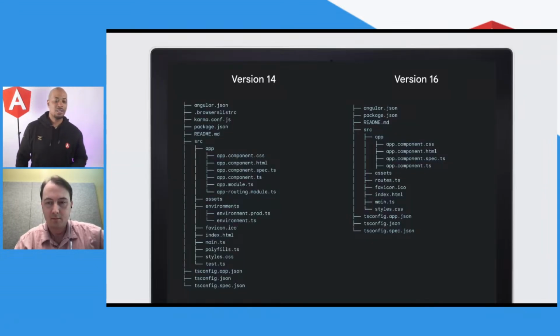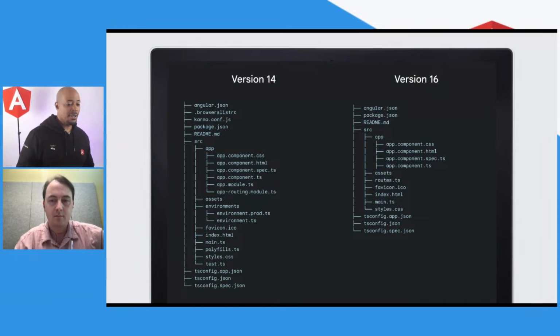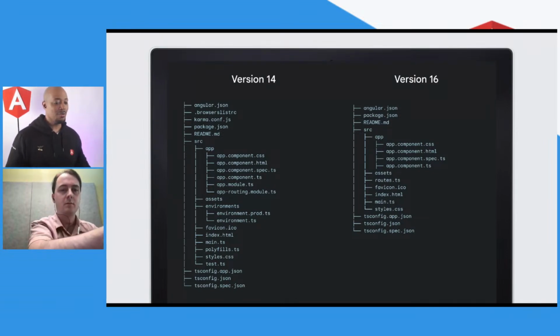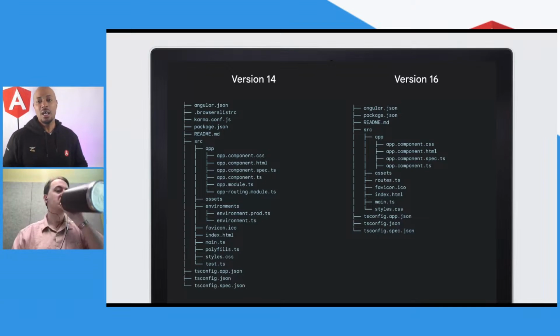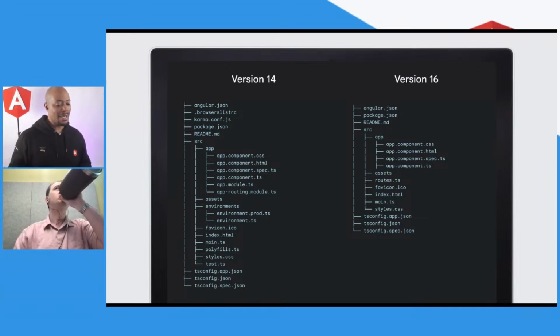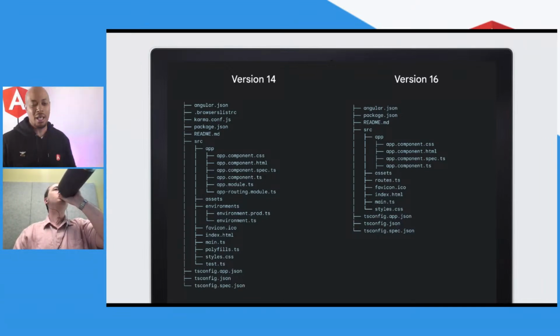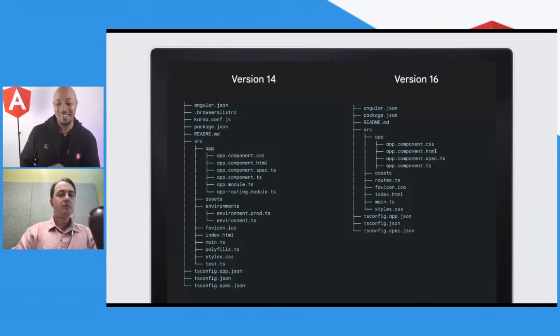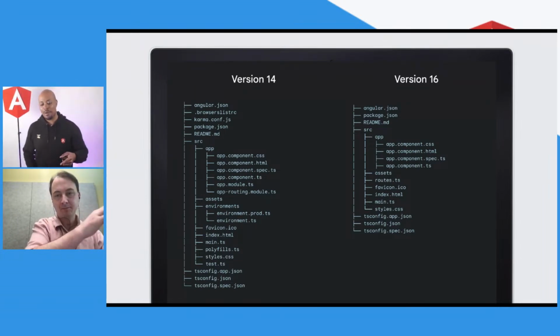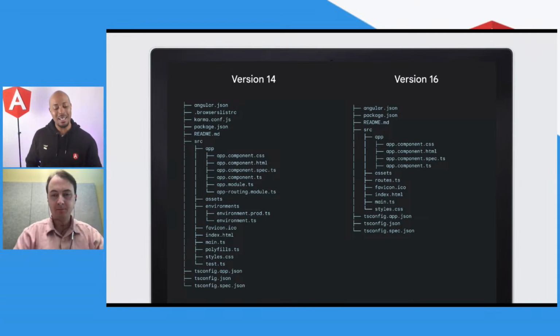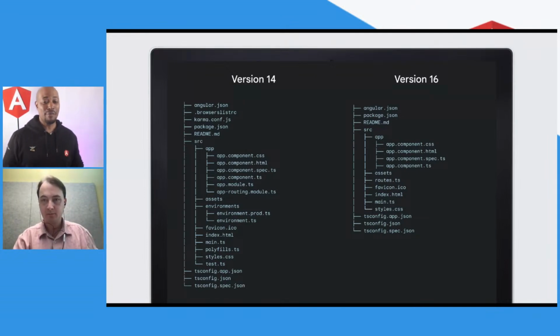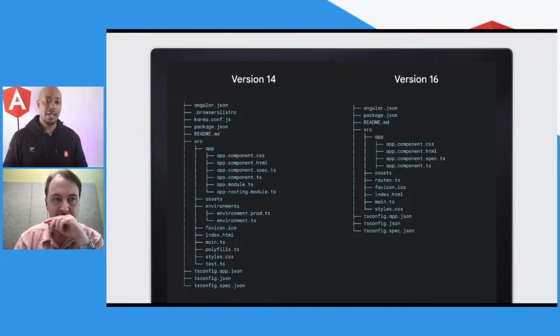All right, here's something else that we did. We know there are so many files when you start up an app. Back in version 14, this is what the file tree represented. We had lots of configuration files, lots of stuff that you may not have needed when you're starting to build out your apps. But we did learn an important lesson. When we removed the environments file by default, but didn't add in the schematic to create environments.ts, we learned an important lesson. So again, this is how we learn what to do next.